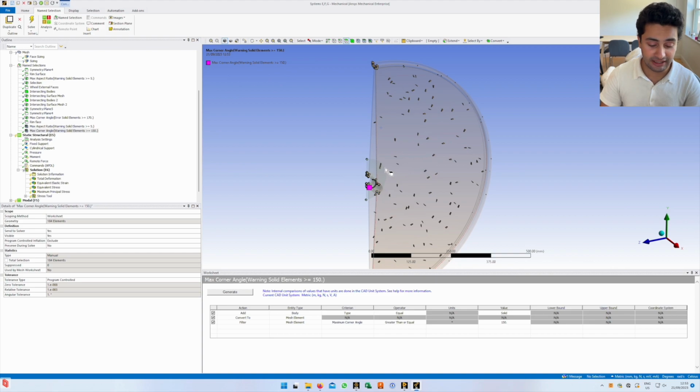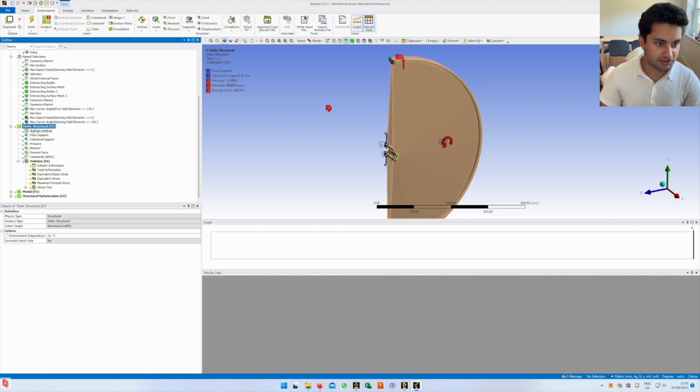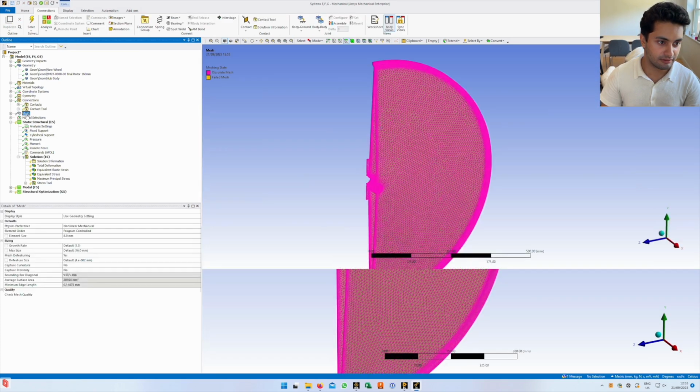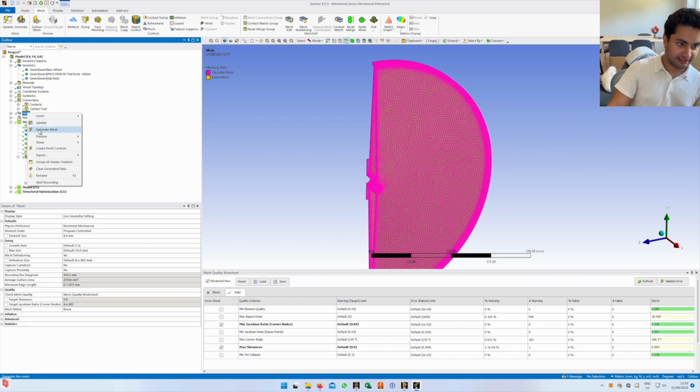So I'd ignore that unless when we go to solve we get some errors and error messages highlight something about the mesh, then we might want to look at this. But for now, we can consider our mesh to be adequate. So at that point, once we've got our mesh, we'll also want to generate connections. Now, once we've defined all the mesh options, I should say, go to mesh and we click generate mesh,